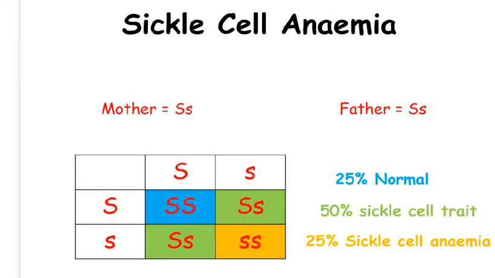It is actually a little more complicated than that though. People who are heterozygous have something called sickle cell trait. So two parents with sickle cell trait have a 50% chance of having a child with sickle cell trait. The interesting thing is that someone with sickle cell trait has resistance to the malaria parasite.